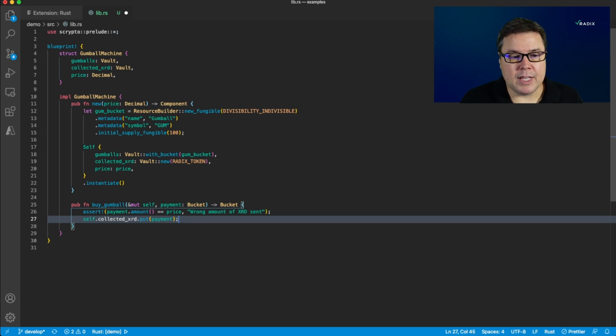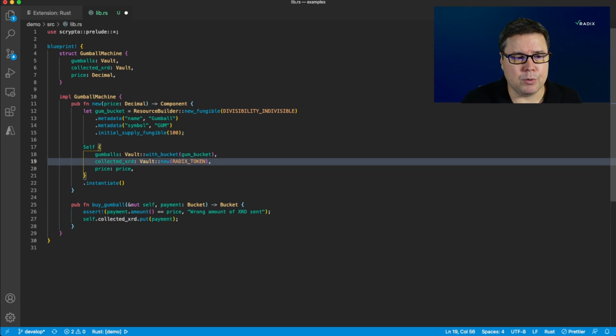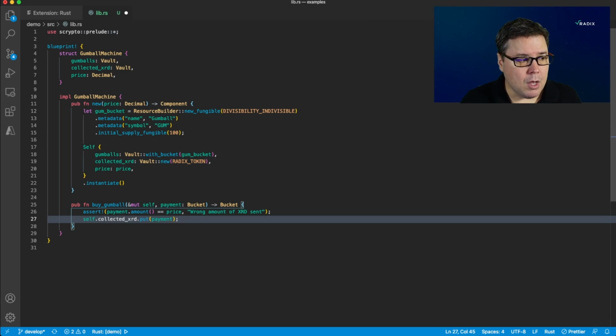In the event that the user passed me anything besides XRD, I will get a runtime error at this point, because the vault was initialized right here to only hold XRD, the Radix token. And if I put anything else in it, I'll get a runtime error. Important to point out that,